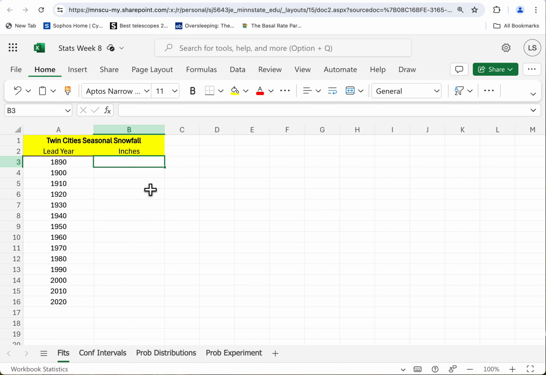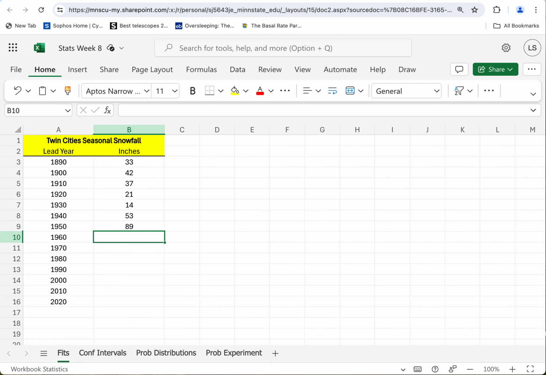Those are the years. Now we have to type this in manually. So 33 inches, and I'm going to hit the down arrow. And then 42 inches, and then we had 37 inches. Life is normal, life is good. 21 inches, a little low that year. 14 inches, uh-oh. 53 inches, yay. That's called regression to the norm, I think, where the snowfall was getting low, so to even it out, it kind of comes out high,